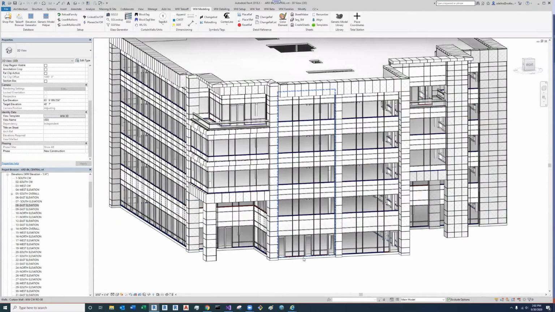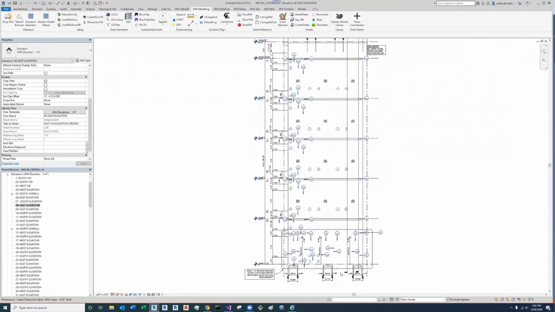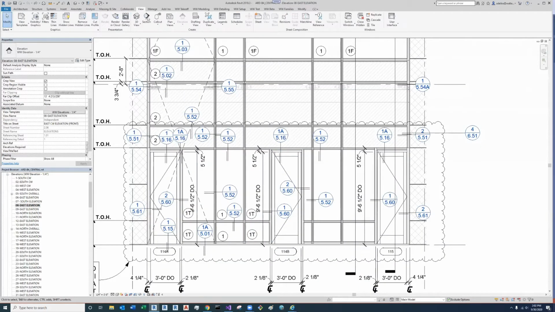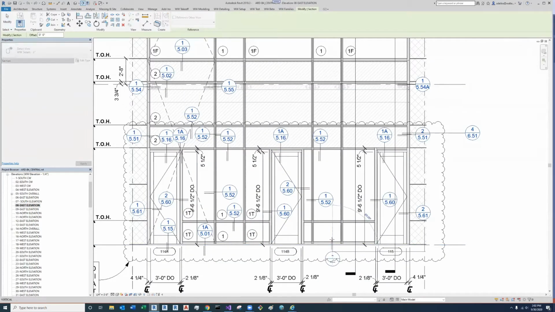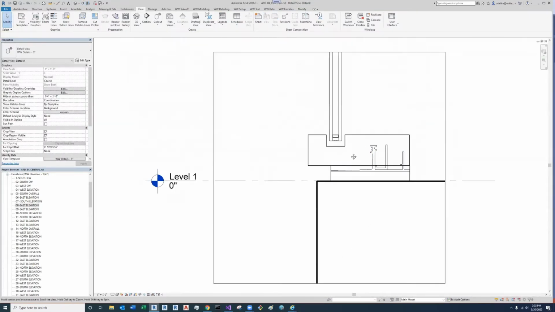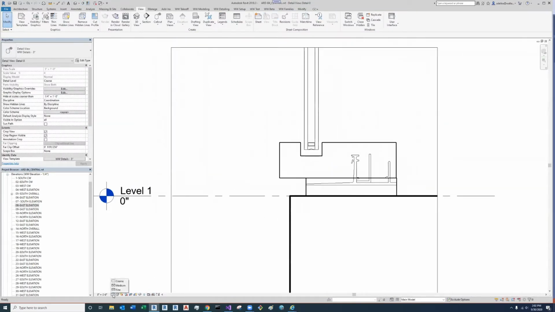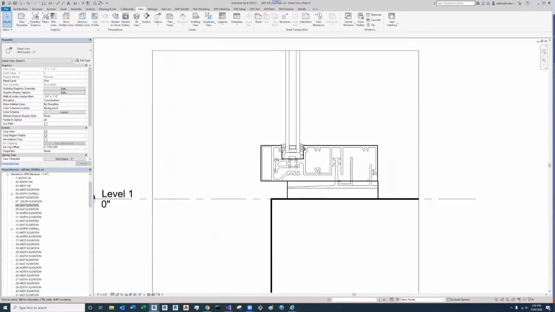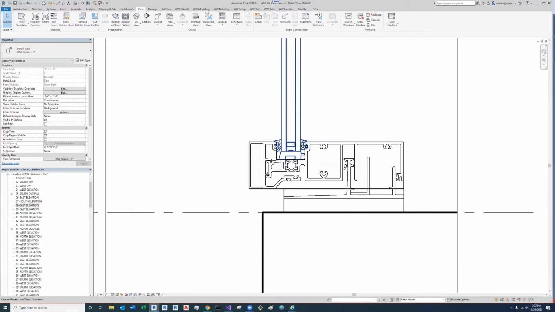Now, just a little background about how the family works. I'm going to open this elevation. I'm going to cut a section where this glass family is used, and we're going to take a look. We need to change the detail level to fine to be able to see the mullions and the gaskets, blocks,